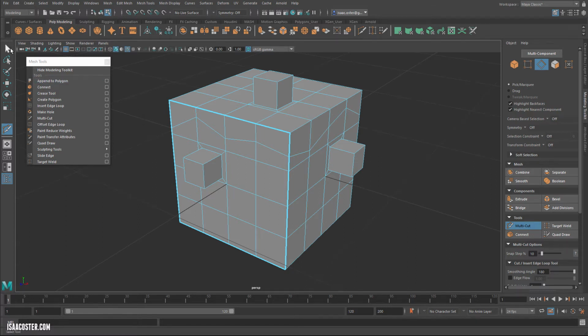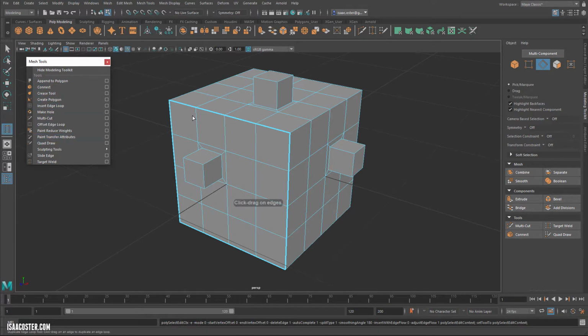All right, let me go ahead and clean up some of the stuff here. Go to edge, double click this guy, control backspace. So we've got our offset edge loop next, and that's going to give us this kind of a thing. I think you might have to grab a complete edge loop. Yeah, there we go. So it didn't like this one because there's this weird intersection up here and it wasn't